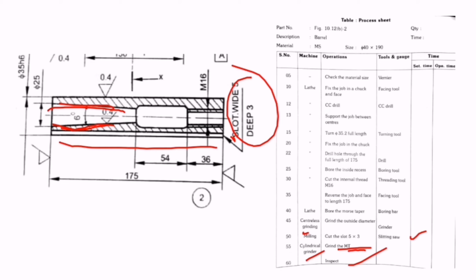So very important thing is that we need to understand, if the drilling operation is there, we need to use the drill bit. If the facing operation is there, we need to use the lathe machine. Turning operation, lathe machine, so turning tool, like this. We need to understand what operations are there to produce that object into the required shape. So according to that operation, we need to use the machine required and the tool required. That we need to indicate in this table.